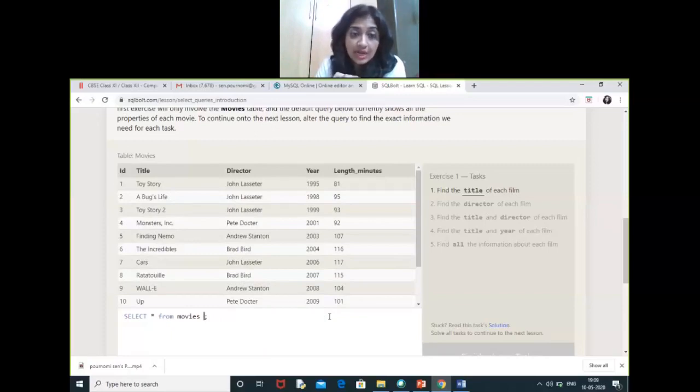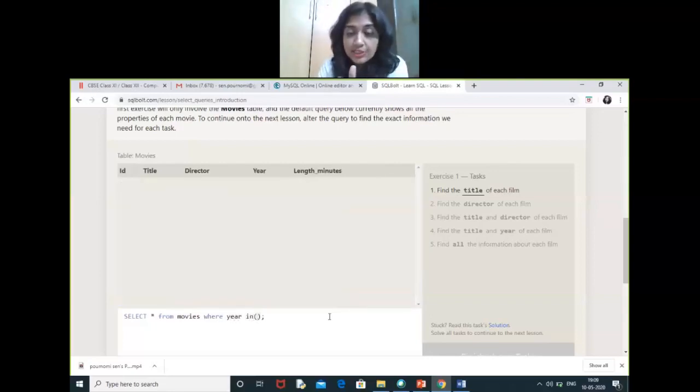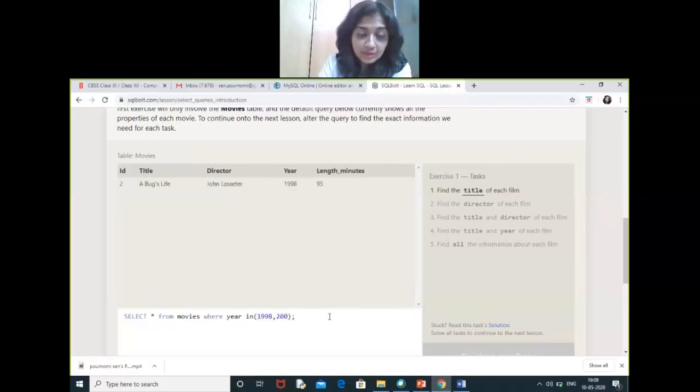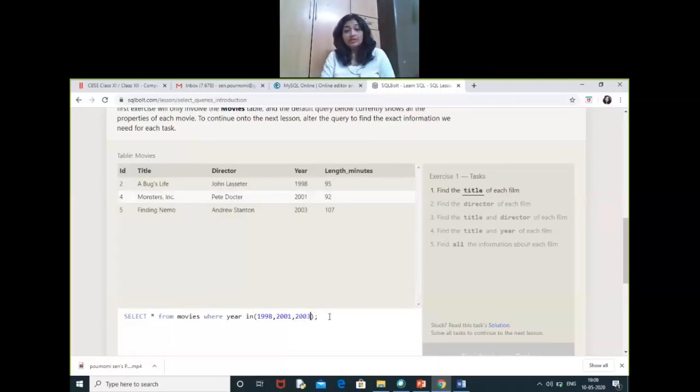So select star from movies where year in, we are giving a list of years, say 1998, 2001, 2003. As you can see on the screen, it's showing the details of the movies where the release date is either 1998 or 2001 or 2003.